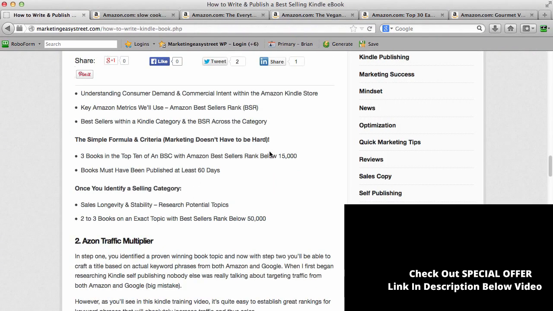And this is exactly how step 1 works. The idea is you're funneling it down. You're coming up with ideas. Sit down, write out your ideas for a potential book, then go to Amazon and use step 1 to narrow down your information. Pinpoint a category where there's plenty of sales being generated. Again, just use the simple find 3 books in the top 10 of any bestsellers in the category. They have to be published for at least 60 days, and the Amazon bestsellers rank below 15,000. And once you identify